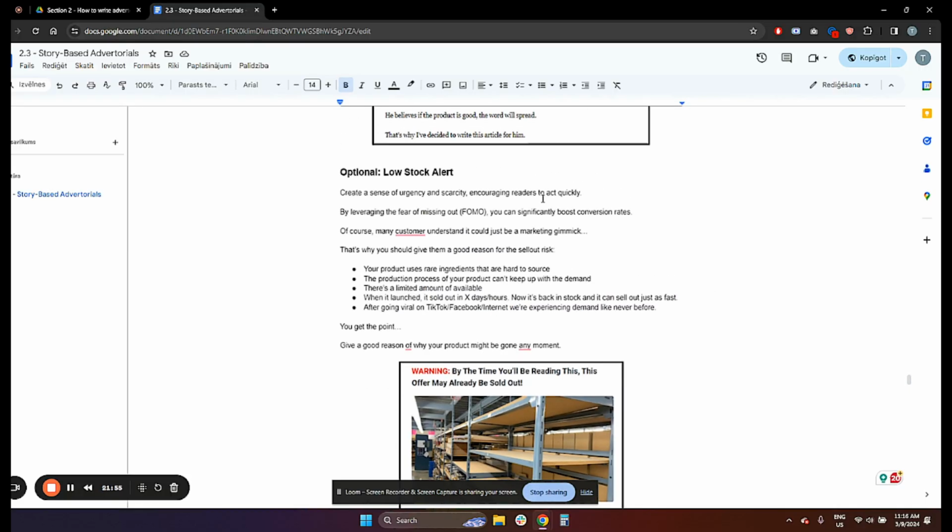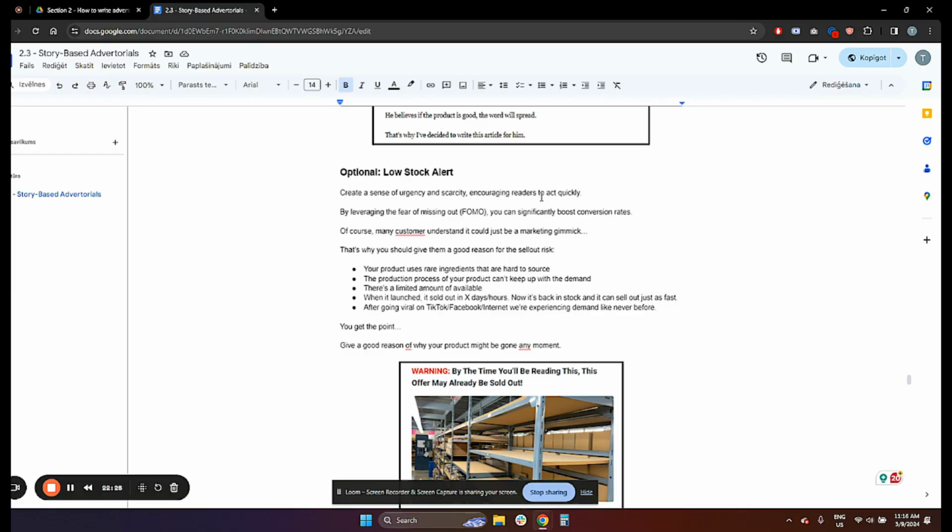One thing to note is that you want to include scarcity and create the fear of missing out, FOMO, but you don't want to make it look like you're desperate or it's just a marketing gimmick. So give a good reason behind the low stock. You can say, in the past it has sold out already. When it launched, it sold out in 24 hours. It went viral, and now the demand is higher than we can manage, or the demand currently is higher than